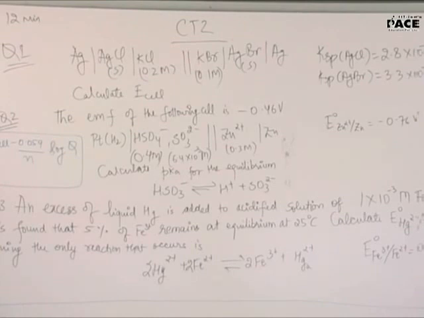SRP of cathode minus SRP of anode. I think these are the only 2 data which you require. So solving these 3 questions, now give it a try once, okay? We need the E naught. Don't know what is E naught? We need that actually, I think.